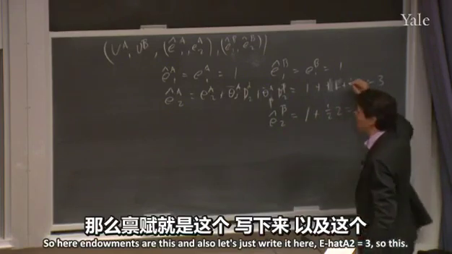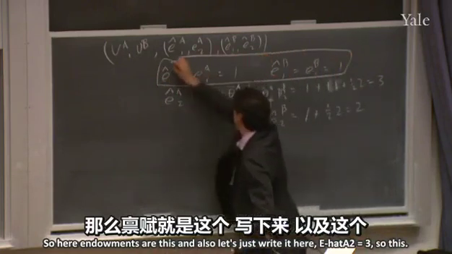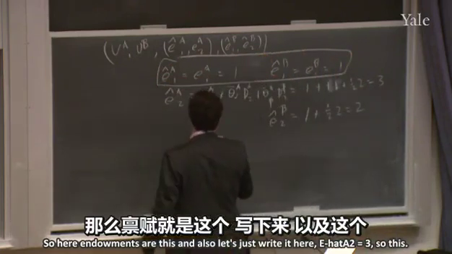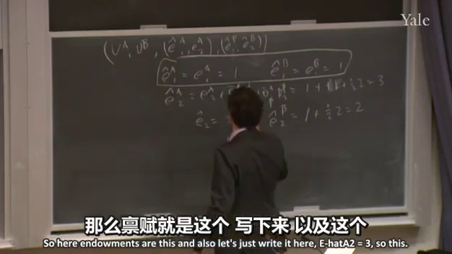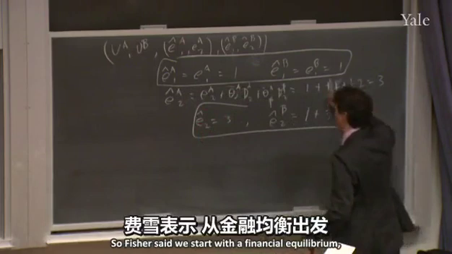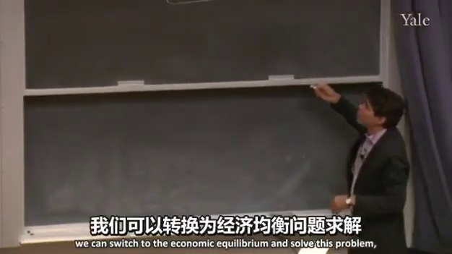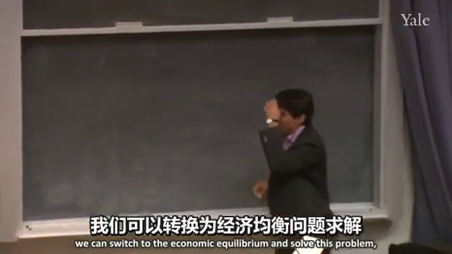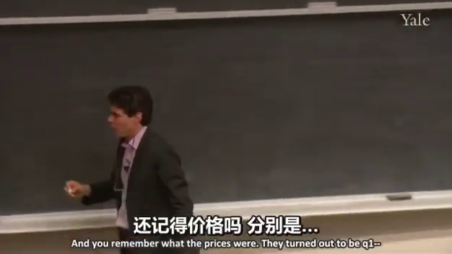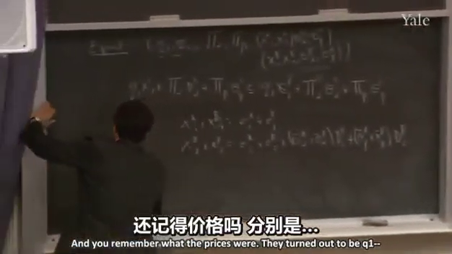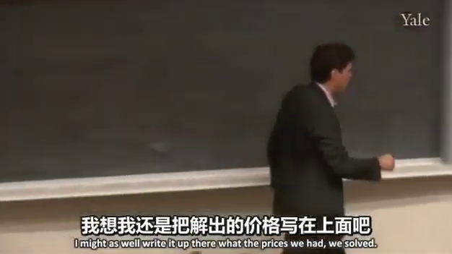Okay, so here the endowments are this. And also, let's just write it here, E hat A2 equals 3. So this. Okay, so Fisher said, we start with the financial equilibrium, we can switch to the economic equilibrium and solve this problem, and having solved that one, go back and figure out how to solve this one. And you remember what the prices were. They turned out to be Q1, I might as well write it up there, what the prices we had,